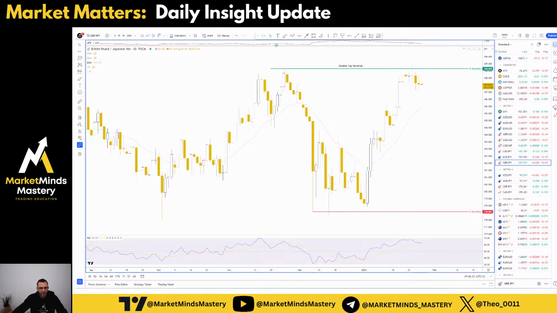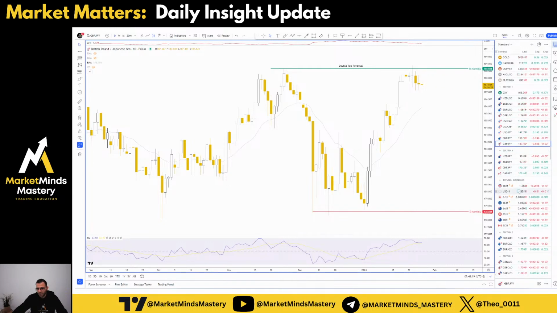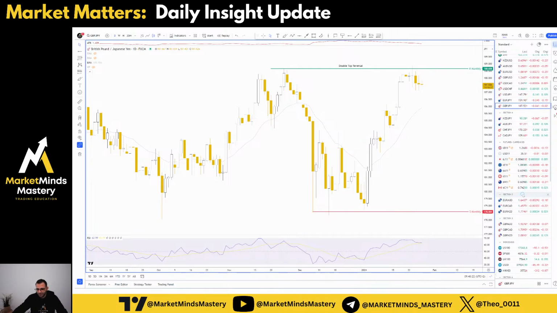Great British Pound, Japanese Yen. Again, the price didn't decline from the strong resistance. Double top reversal. We expected the price to move lower. It's been since the first touch, 1, 2, 3, 4, that's the fifth day. It's been one trading week. The price is still somewhere here. That's not how we expected the market to behave.